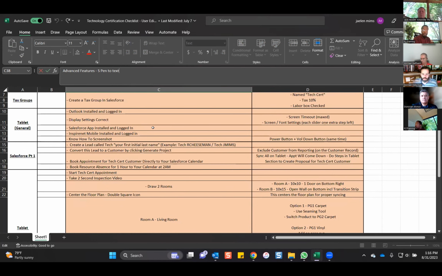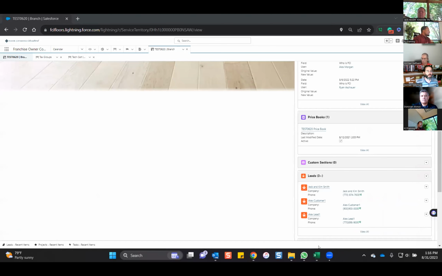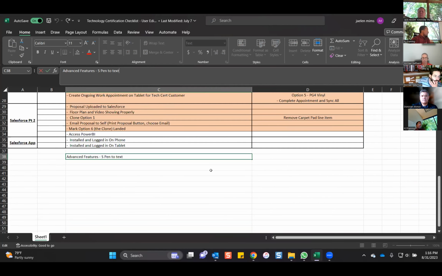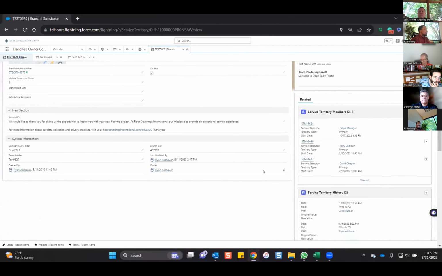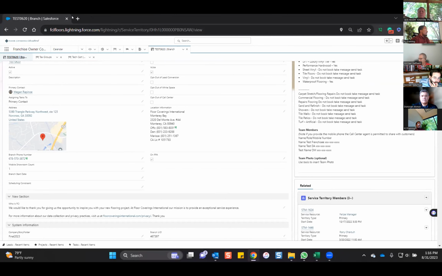I have a question. Yep. We have some troubles with the product groups because we are not visualizing the product groups correctly in the tablet. Is there something that we have to configure? The product groups, like say if you have carpet, the PG groups, for example PG3, for hardwood or whatever. We won't go over that too much in this training, but there is going to be a feature in